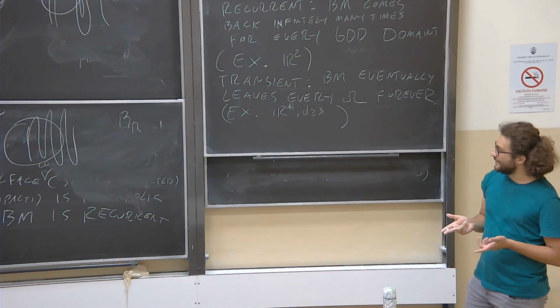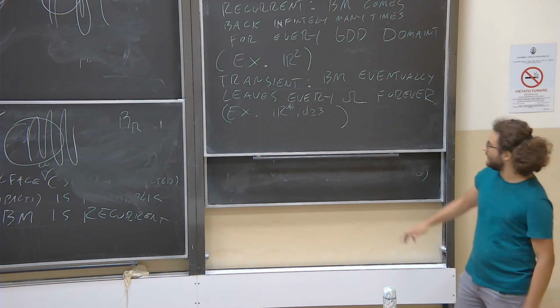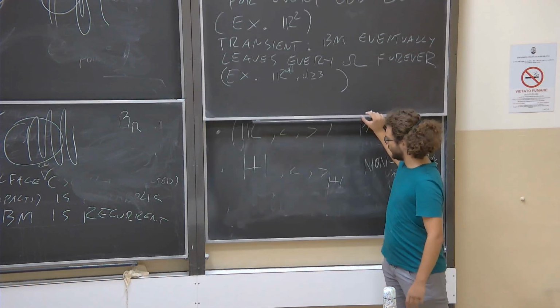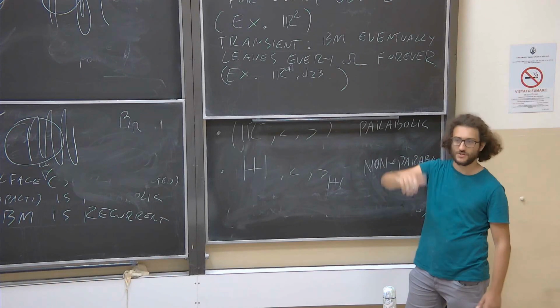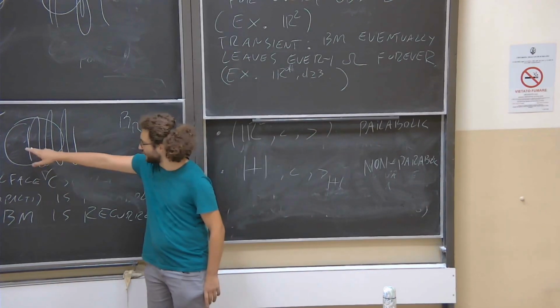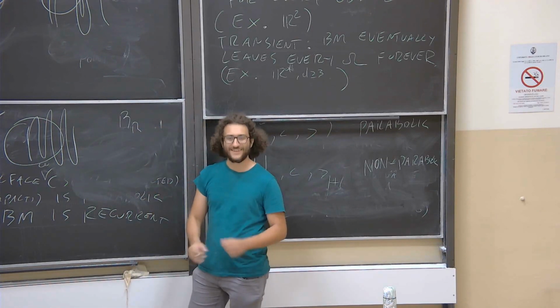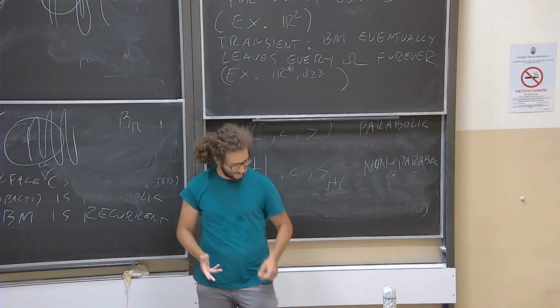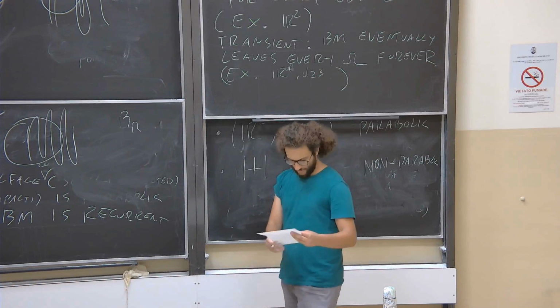The surprising point is, if I take more curvature than this, enough curvature, a really pathological phenomenon can happen, which is called the explosion of Brownian motion. That means that the particle, the star of Brownian motion, reaches infinity in a finite amount of time. So the actual definition, where is it?